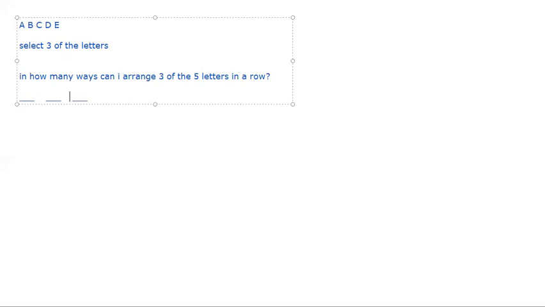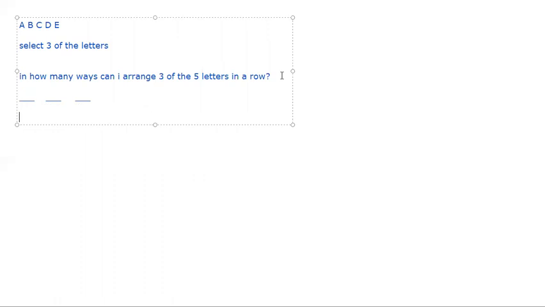These are the 3 seats. One of them will be taken up by one person, then the second seat, and then the third seat. This is how it is going to be, right? So if I say, in how many ways can I fill up, I have to fill up all 3 seats, right?